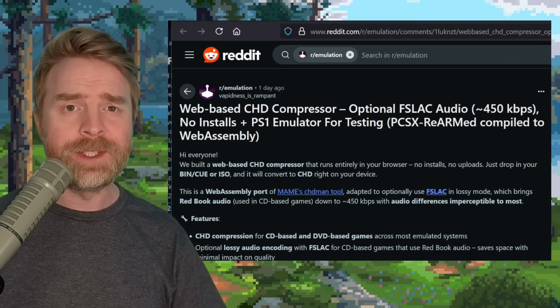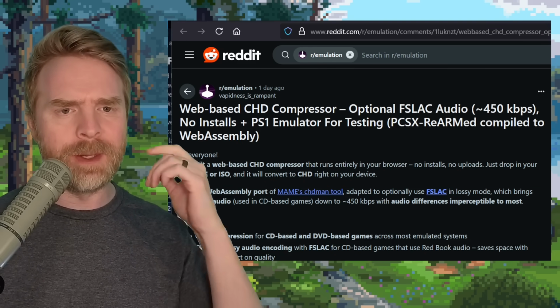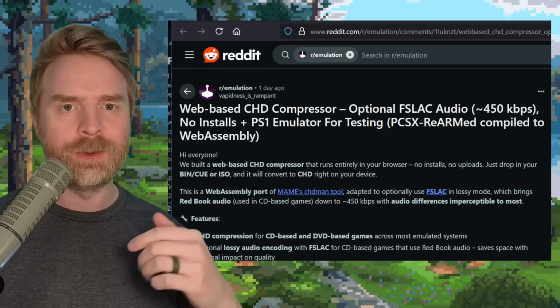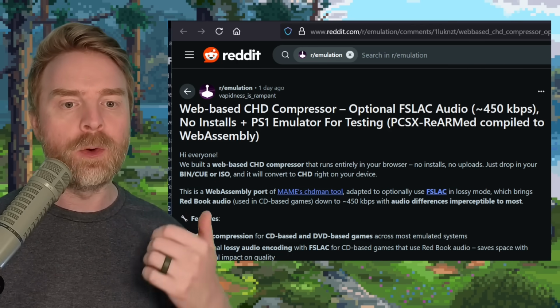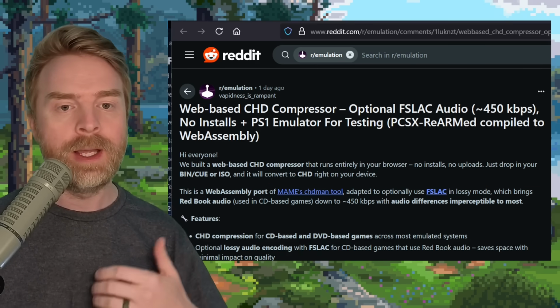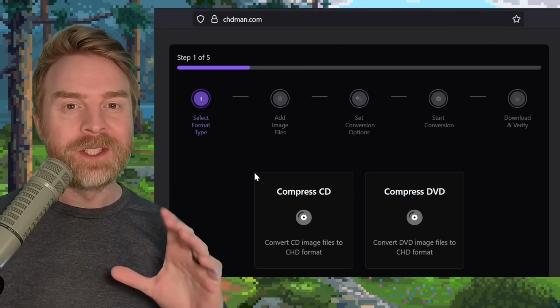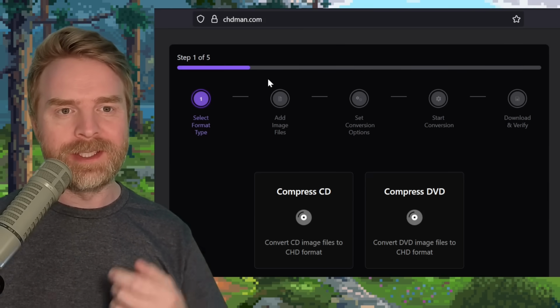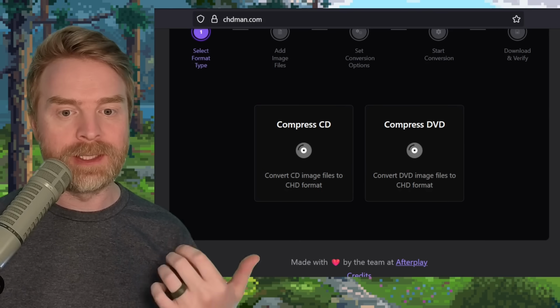And speaking about new stuff, next up we're talking about CHD compression, and there seems to be a brand new CHD Compressor tool that's available on the web. They say here that this is a WebAssembly port of MAME's CHDman tool, and it does work with BIN/CUE or ISO files. The tool appears to be 100% free. It's up on chdman.com. It seems very simple and straightforward to use,